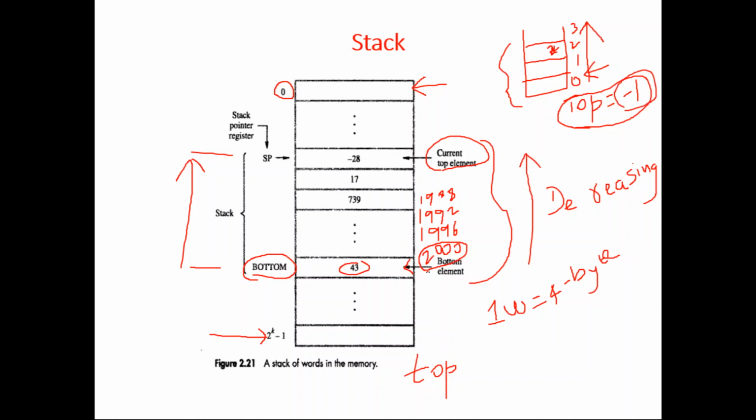Here also you should say the top is below that when the stack is empty. So what will be below this? Below this the address will be 2004. So initially when the stack is empty, you should set top as 2004, because our stack is starting from 2000. The bottommost element will be at 2000. The next will be at 1996, next 1992, 1988. Like that it goes on, right? I think the point is clear.